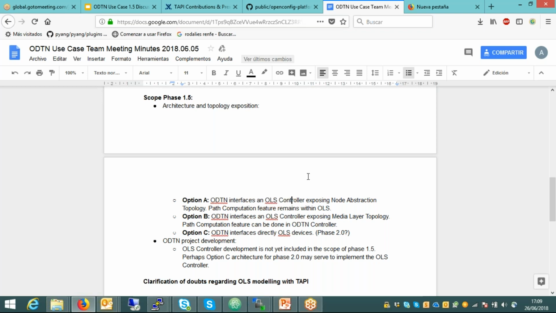There were some voices raising the need to expose the optical layer details to the ODTN in order to allow the ODTN controller to provide path computation capabilities that will include the computation of the physical impairments of the optical layer